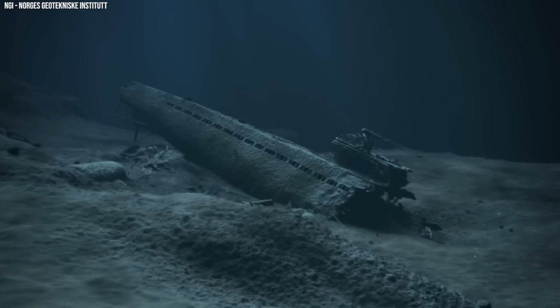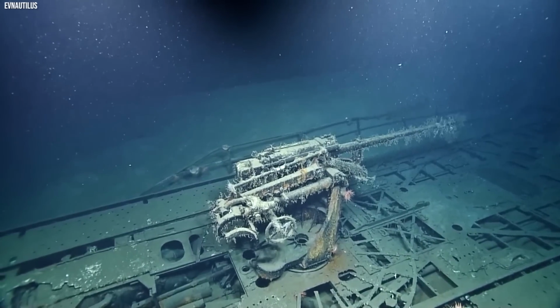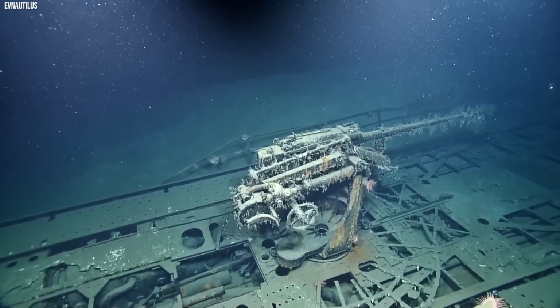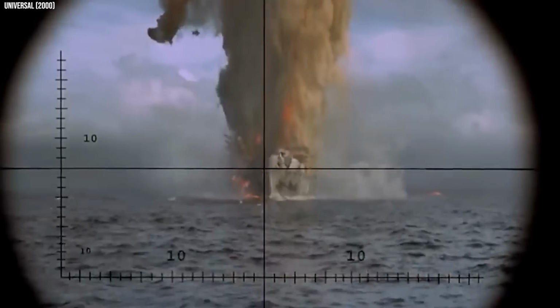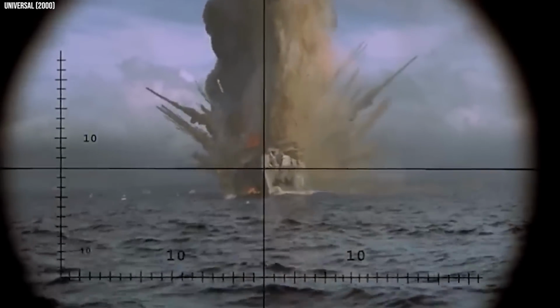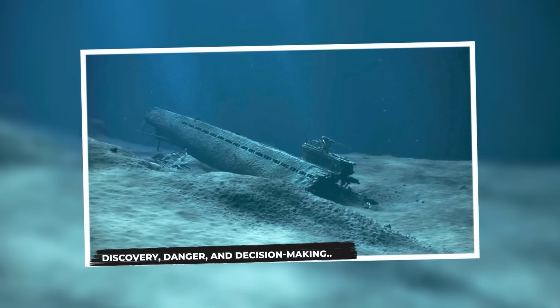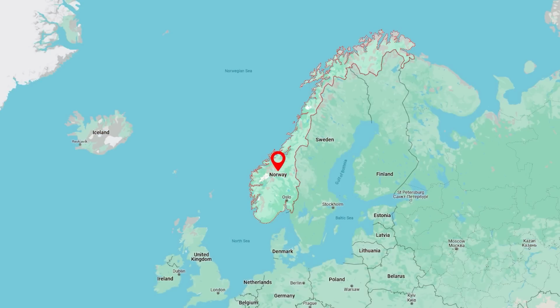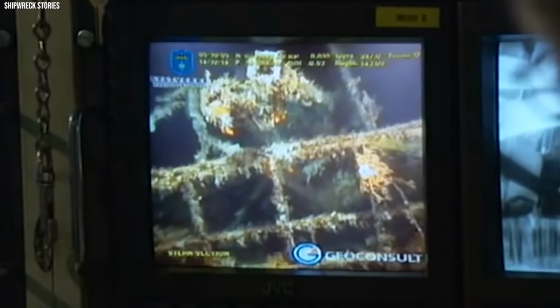The submarine now rests as a war grave beneath the ocean, honoring the lives sacrificed in pursuit of military goals. Beyond its military importance, the tragedy of U-864 prompts us to reflect on the broader consequences of conflict, discovery, danger, and decision-making. 60 years later, on the small island of Feda in Norway, German scientist Wolfgang Lowenstein embarks on an